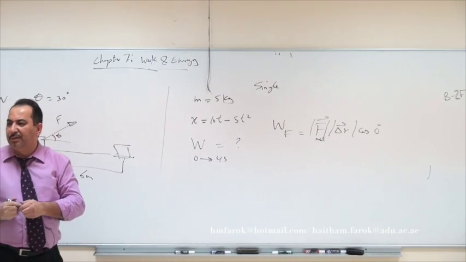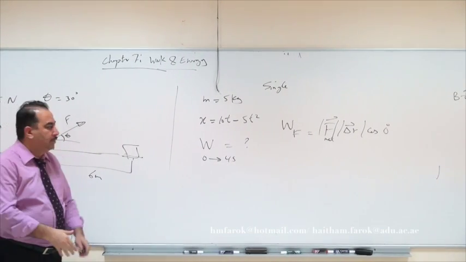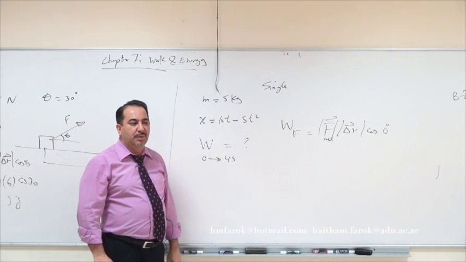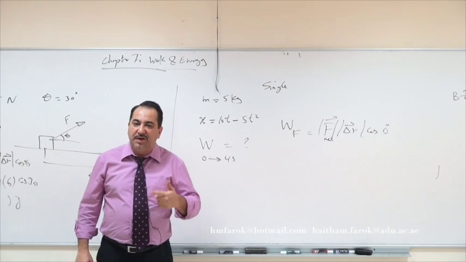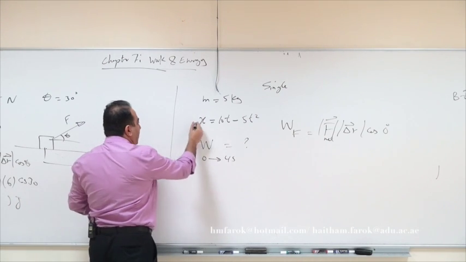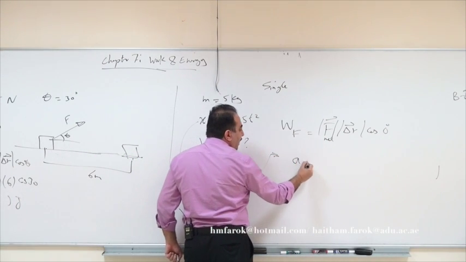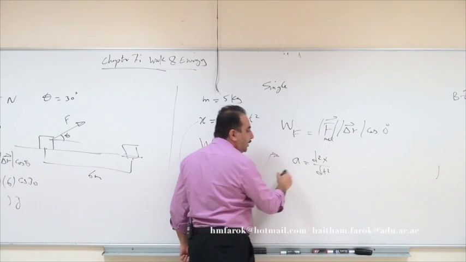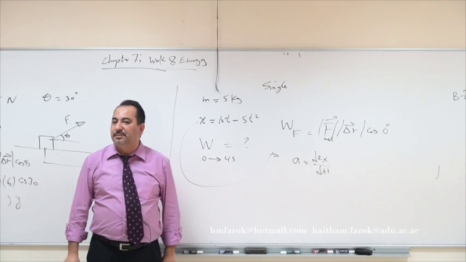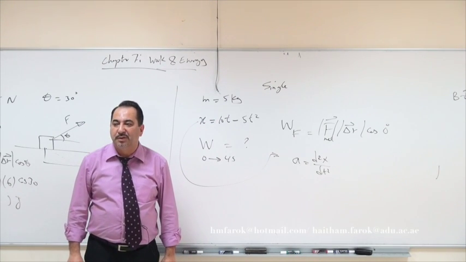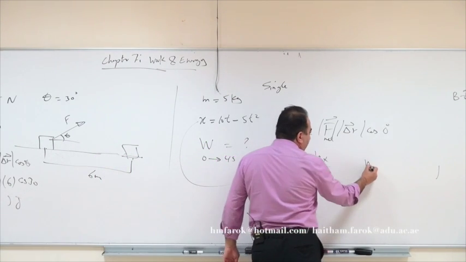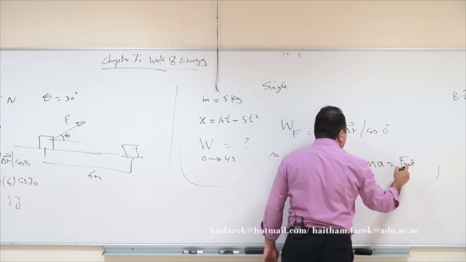Do I have the force? No. This is a review question. What is given? Position as a function of time. What can you do to this one? Differentiation. How many times? 2 times. We'll get what? So x, when you derive it twice, it gives you a. Second derivative of position with time is acceleration. Okay. If you have acceleration and mass, you get what? Which force? F net. Yes? So just multiply m by a, it gives you F net. And if you know F net,